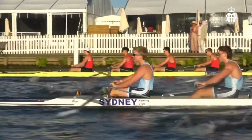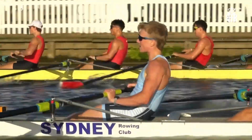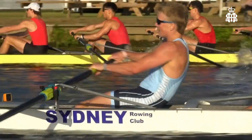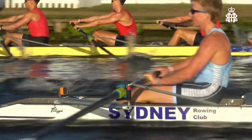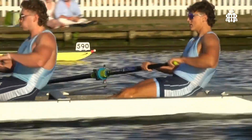Sydney, lovely, long, connected stroke. You can see how the legs are just picking up and levering away there, can't you? Beautiful rowing. That's a really great shot there. Just that kind of connection, that hang and press. That's Ben Muffet in the stroke seat, 19 years old, from the Shore First State, leading his crew and